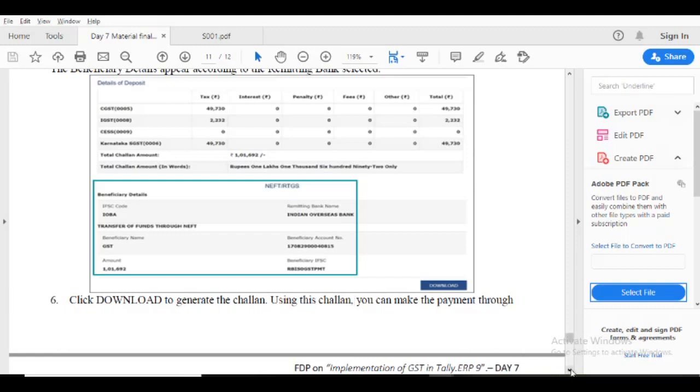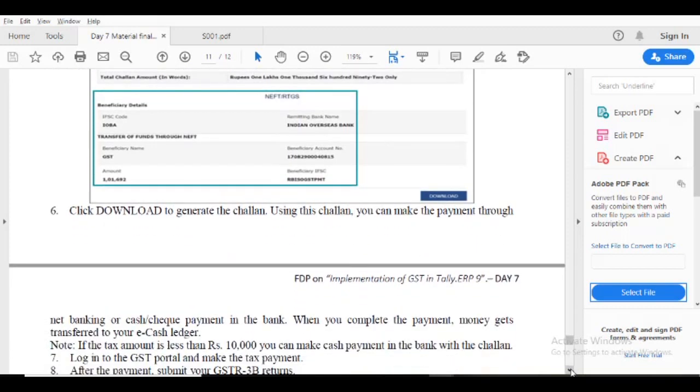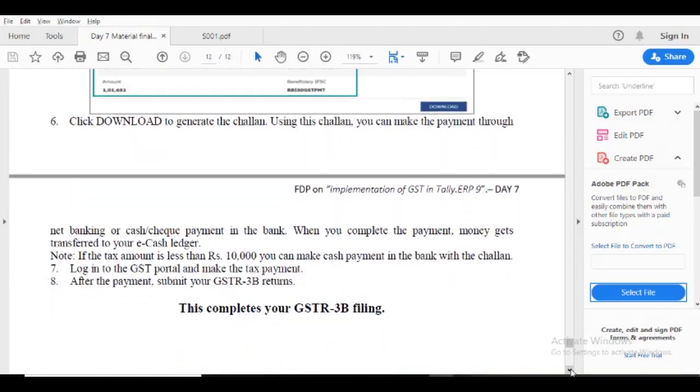In online, if the tax amount is less than 10,000, you can make the cash payment within the bank with the offline challan. Above 10,000, you must pay through net banking only.